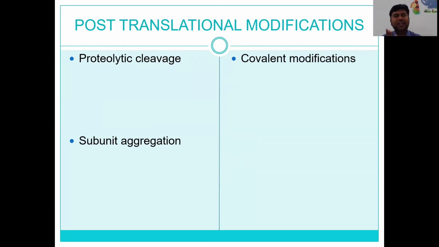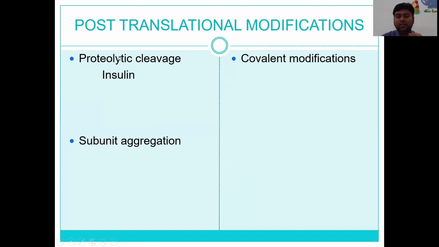First I will explain proteolytic cleavage. For this I will take insulin as an example. Insulin, we all know, is synthesized as a pre-pro hormone that is converted to a pro hormone first by proteolytic cleavage. A few amino acids will be removed, and then it will be converted to proper insulin by the removal of the C-peptide. This removal of unwanted amino acids to convert an inactive molecule to an active molecule is called proteolytic cleavage.